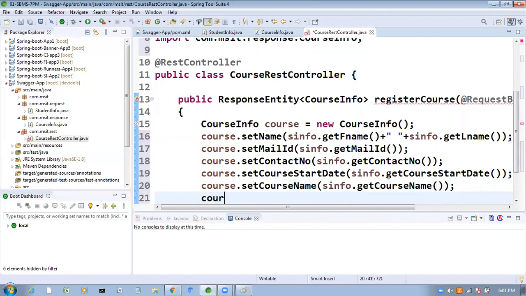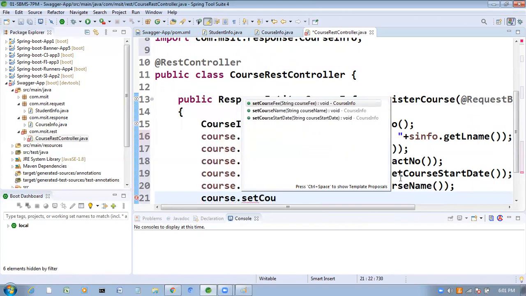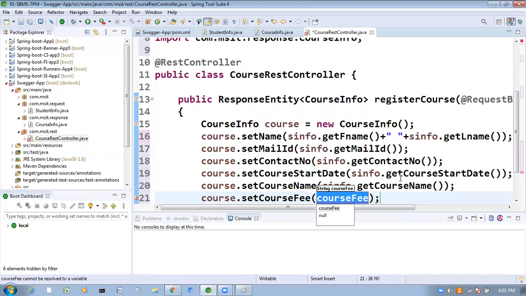Now course.setCourseFee. Here the fee I am going to take as 10,000 INR.